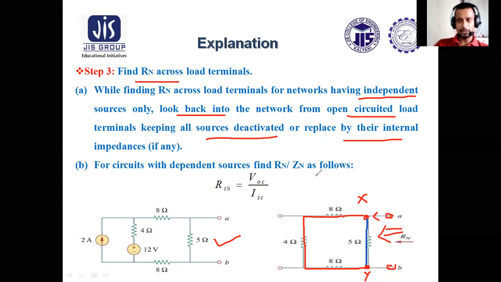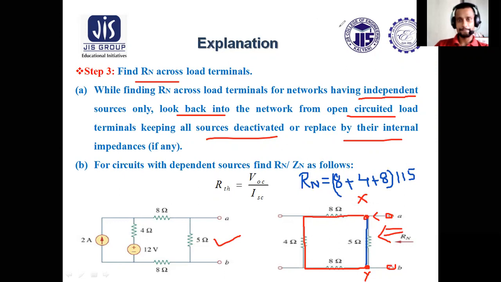So Norton's equivalent resistance Rn in this case will be 8, 4, and bottom 8. These three are in the same path, so these three will be in series. With this series combination, 5 is in parallel. Isn't it? 5 is in parallel. So this is how you can determine Norton's equivalent